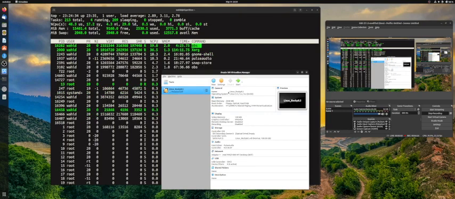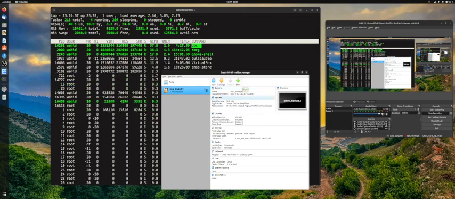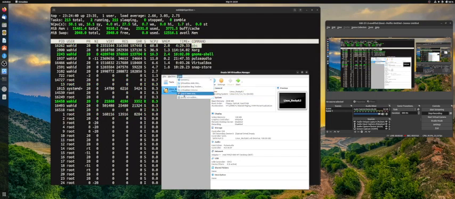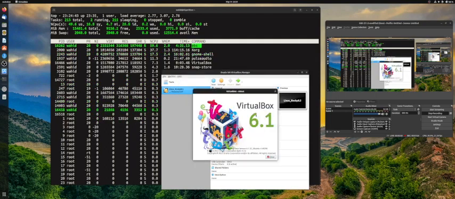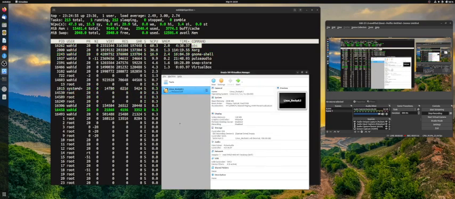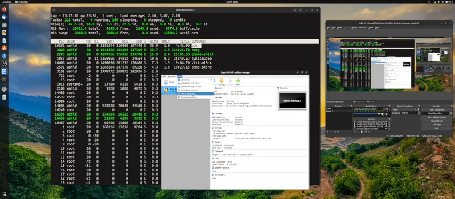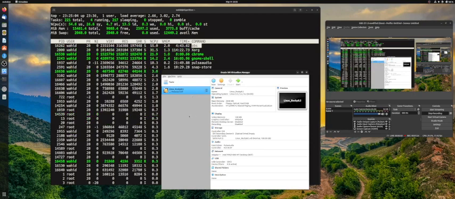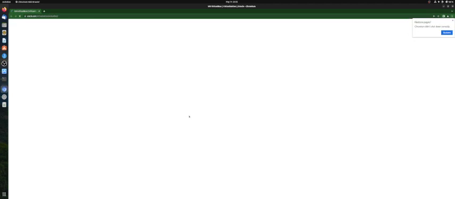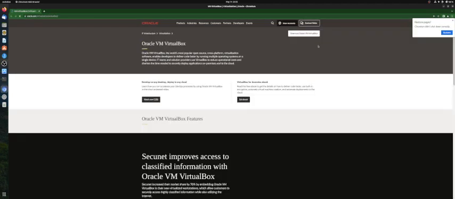But this VirtualBox that I'm having, the hypervisor software, is brought to you by Oracle. VirtualBox was originally a company that was providing open source VirtualBox, but now Oracle owns it, because Oracle bought Sun, which had bought VirtualBox in the past. So here also you can visit the Oracle website, where you can just download the latest VirtualBox, because I installed mine from the app repository. So that means I can get a new version of this one by just clicking here, and then upgrade it to the latest